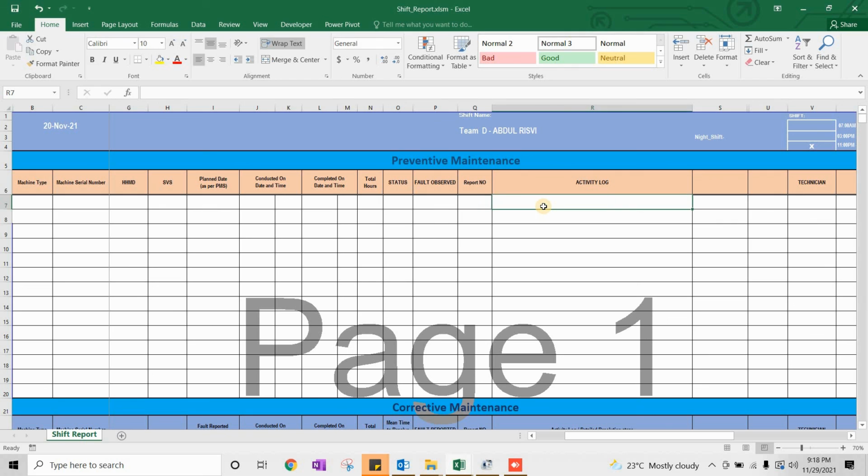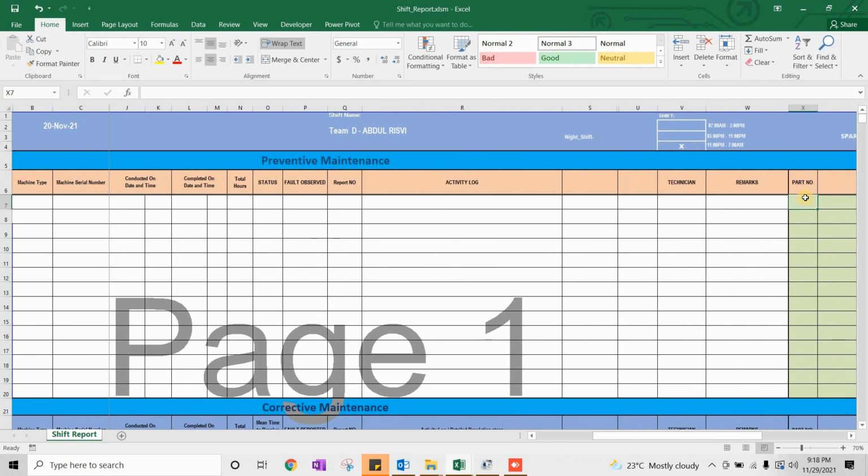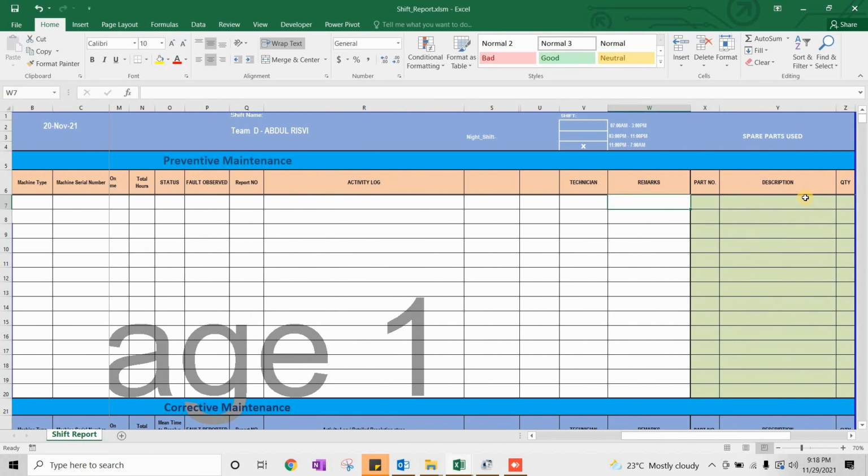And here is the activity log: whatever you have done during the PM, you will mention those descriptions here. And here will be the technician's name and remarks, which I already mentioned. Then there is part number, description, quantity, which is if there's any replacement, then you can mention those things accordingly.